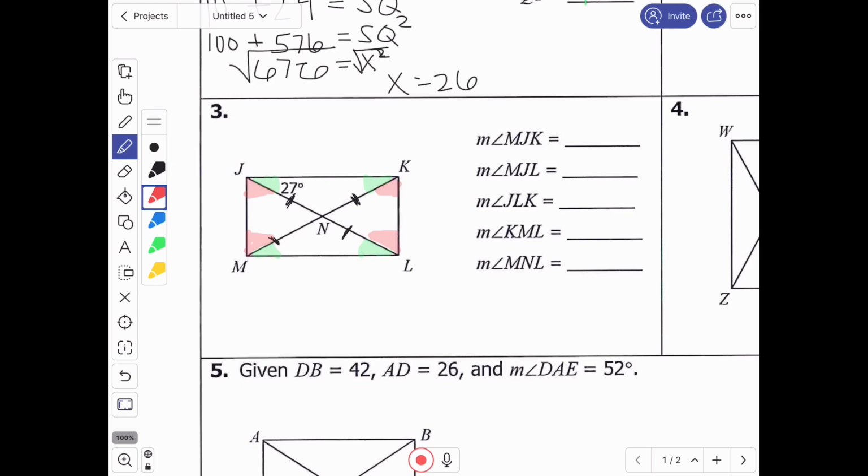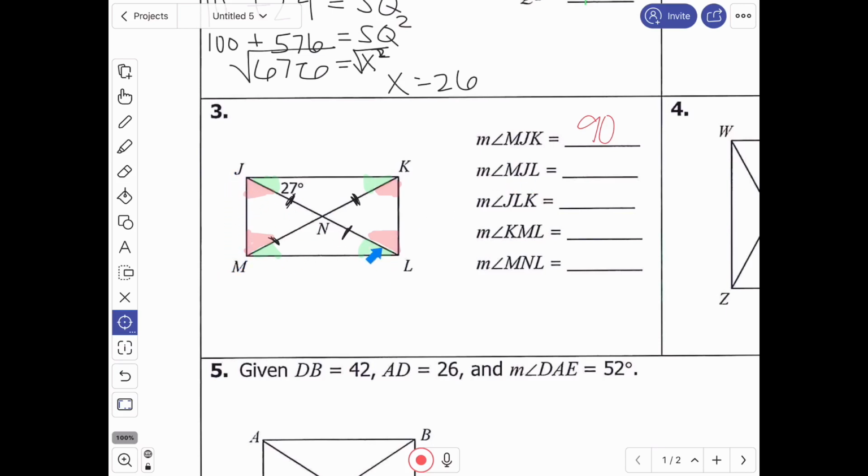So when I look at finding the measure of MJK, well, that one's easy because that's just one of the angles in the rectangle, which all 4 angles have to be 90 degrees. So angle MJK, that's just going to be 90 degrees. Then, when I'm looking at measure of angle MJL,